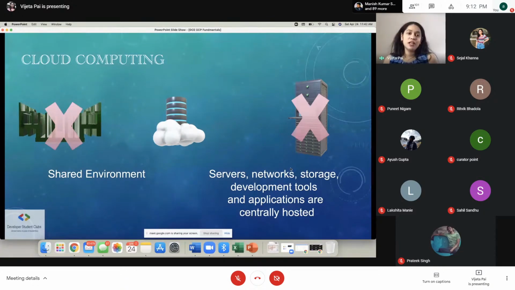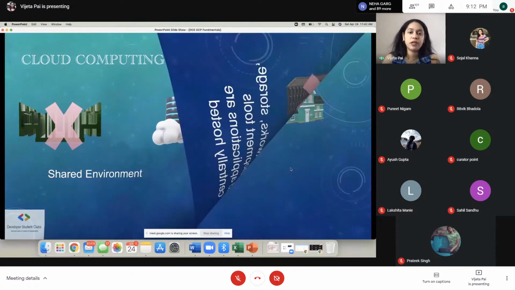What does that do? That saves you a lot of effort. You don't have to worry about the security aspects of it. You don't have to worry about transferring those files. If you change your laptop, or if your laptop crashes, what will happen? All the data will get deleted. So you don't have to worry about that because the cloud has all your data secure. So this is just a very simple example of cloud, but we'll just do a deep dive now.